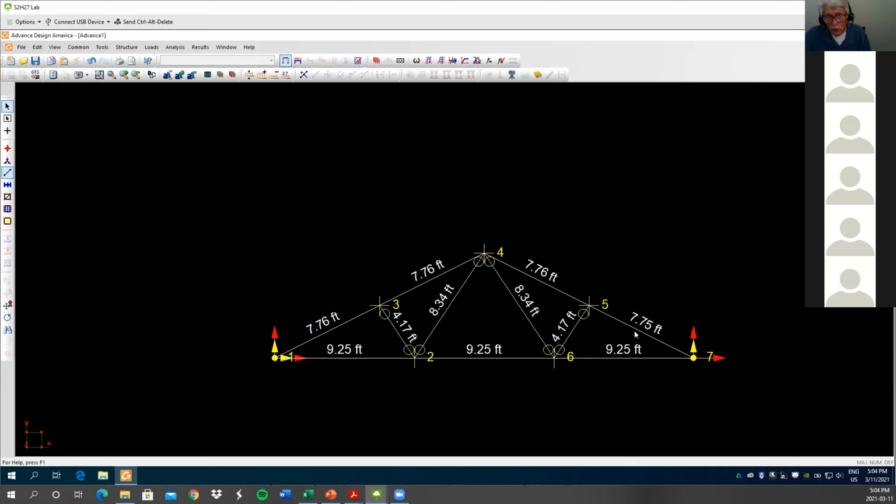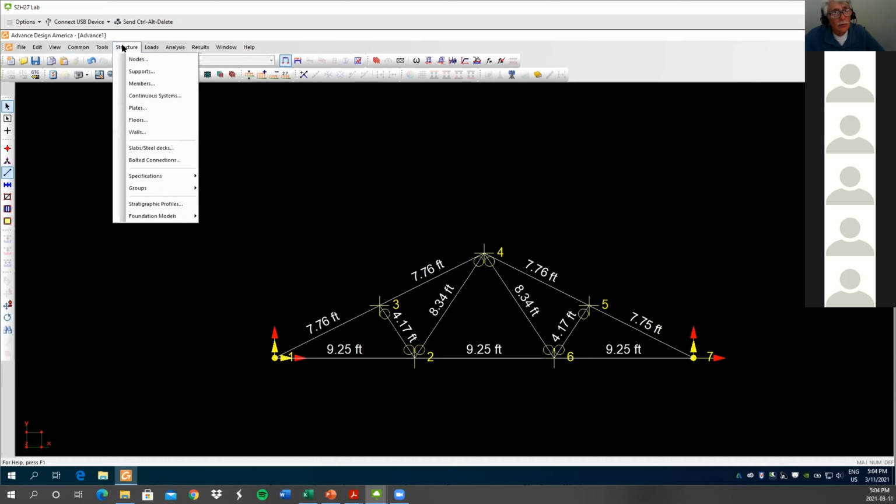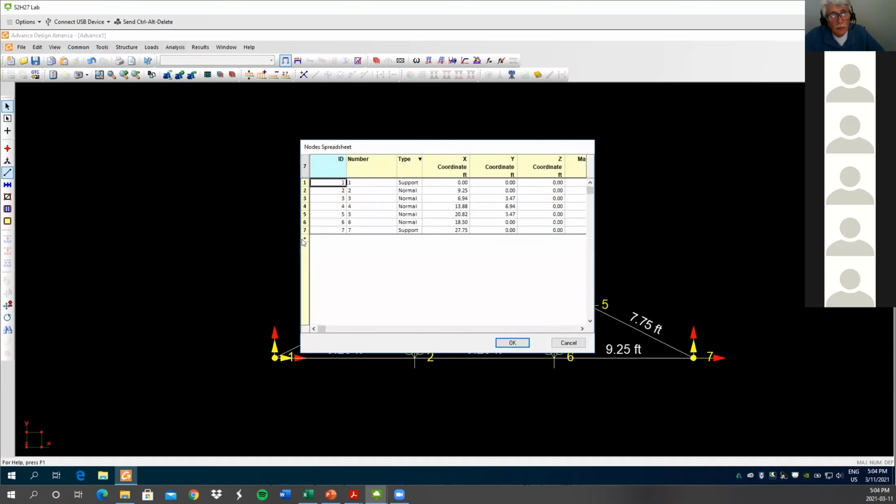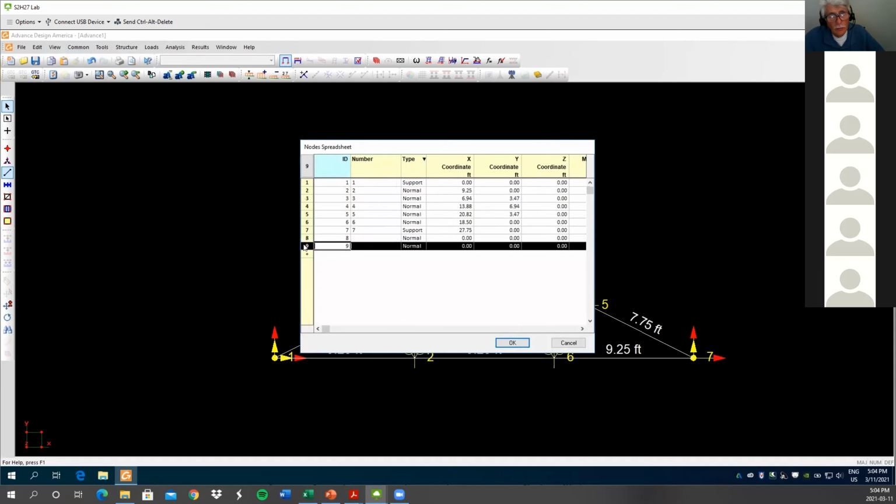Once I know that my lengths are all good, like before I would even do this, like I said, go add your node, add your member, okay? Because you know that this node here is at minus 1.5 down by, it's a slope of 6 to 12, so therefore that would be minus 1.5 one way and half of minus 1.5, minus 0.75. You understand? So you go to your nodes, go to structures, go to nodes, right? So you add a node, you add another node, right? And of course these are normal. So here the x is minus